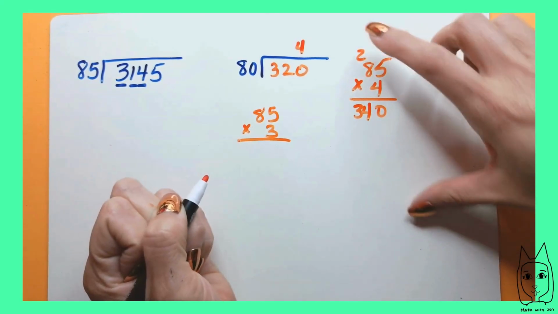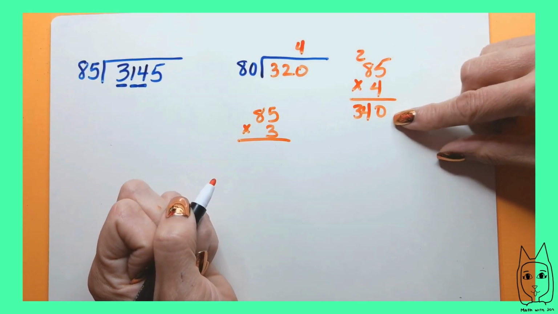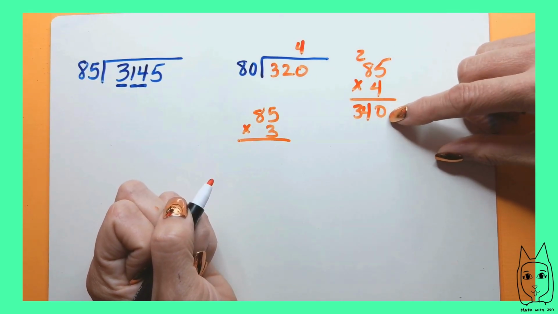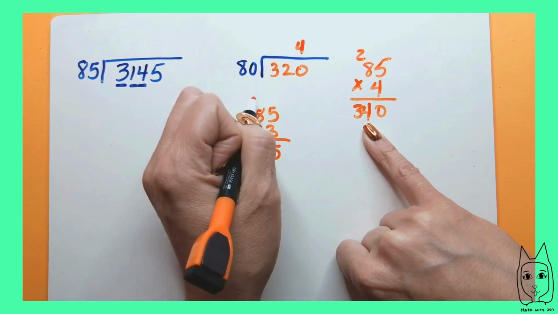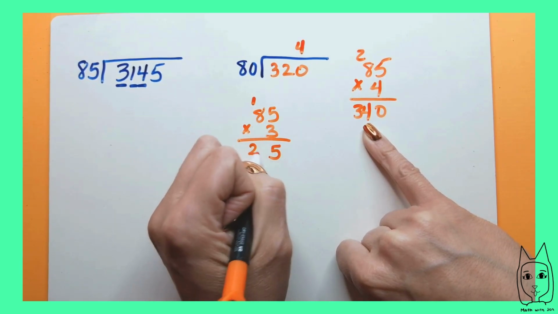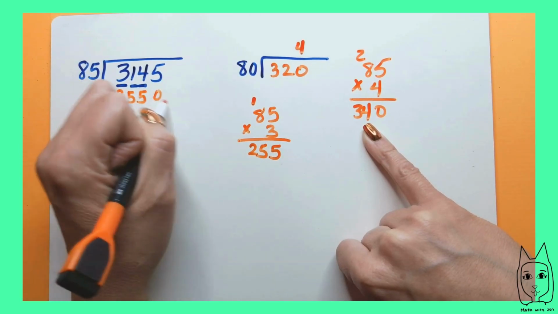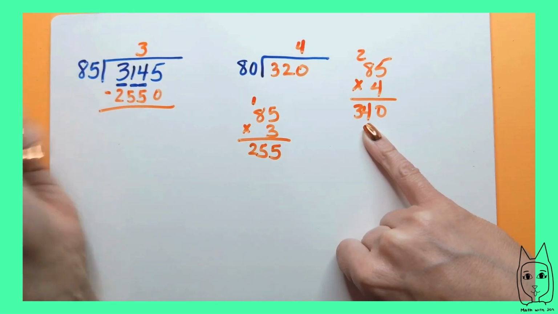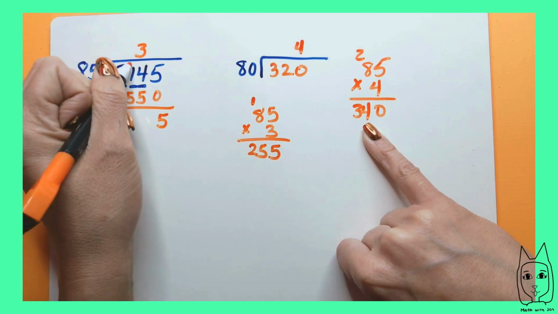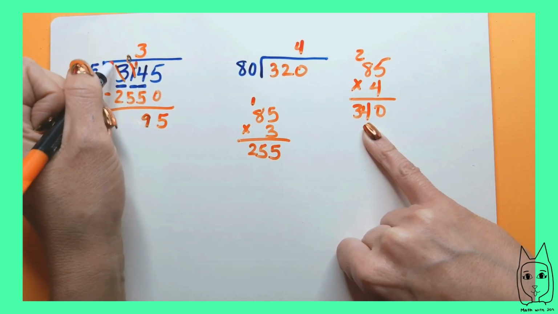Okay, so this estimation isn't always going to work for you the first time. You might see that you have too much or too little, and you might need to adjust. You're going to go down to 3 and try that one instead. So that's 255. So I'm going to subtract 255, bring down my 0. I'm going to put my 3 up here because that's what I'm dividing into. So I have 5, subtract, I have 9. This goes to 10, and so I get